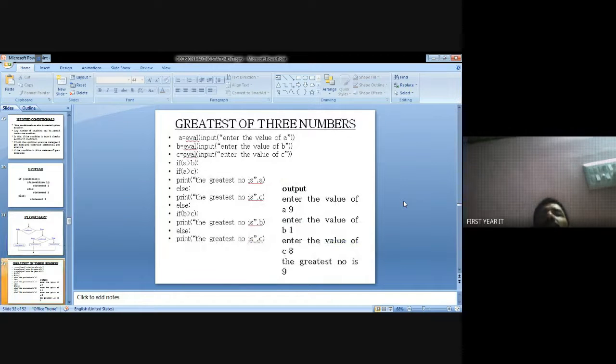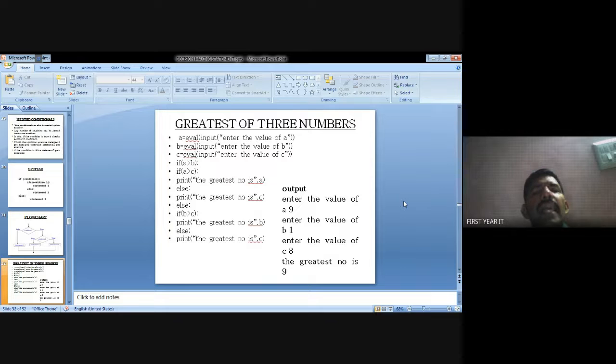So this example is the greatest of three numbers. I put in the three values A, B, C. A value is 9, B value is 1, C value is 8. Okay, I check the conditions. A greater than B: 9 greater than 1, the condition is true.